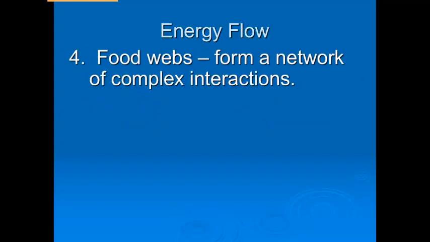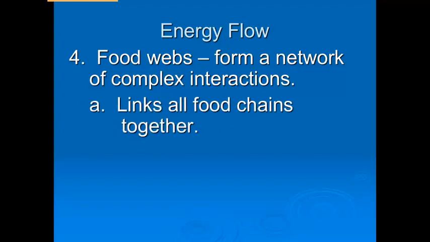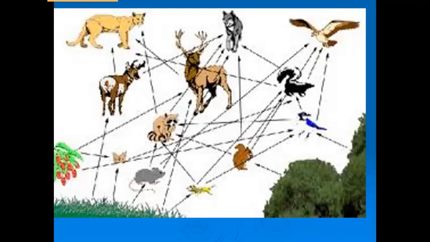Now a food chain isn't very complex. At most maybe 4 or 5 parts in a food chain, but a food web is going to be much more complex. It is going to show you a lot of interactions because it's going to take multiple food chains and link them all together. So by the time you're done with drawing a food web, if you have really covered all of the interactions within that community, you might end up with something like this. You have arrows going some sideways, some are going in multiple directions,